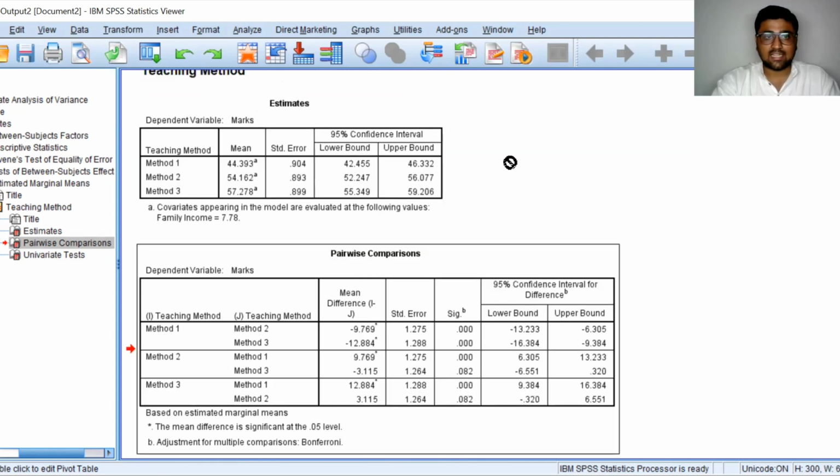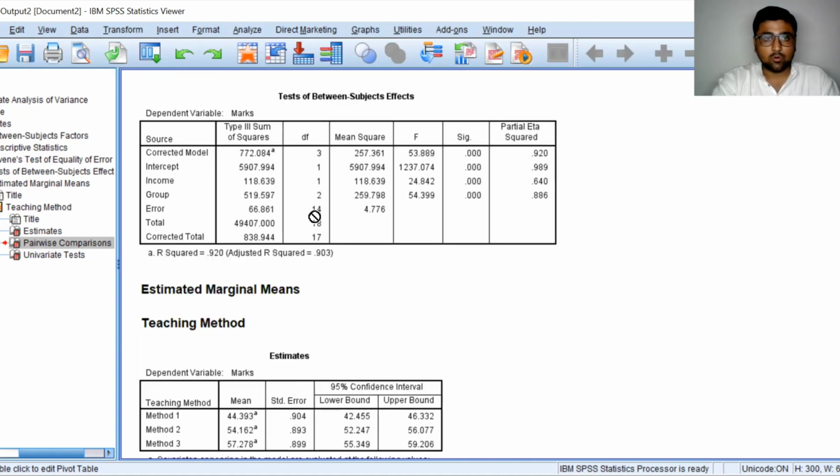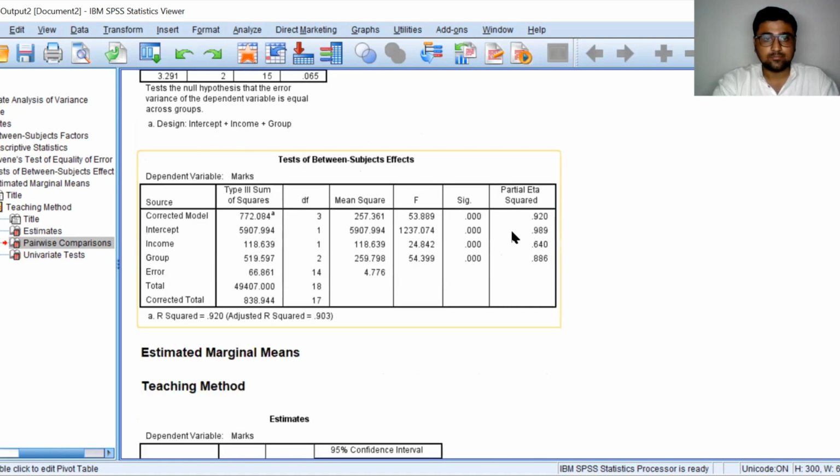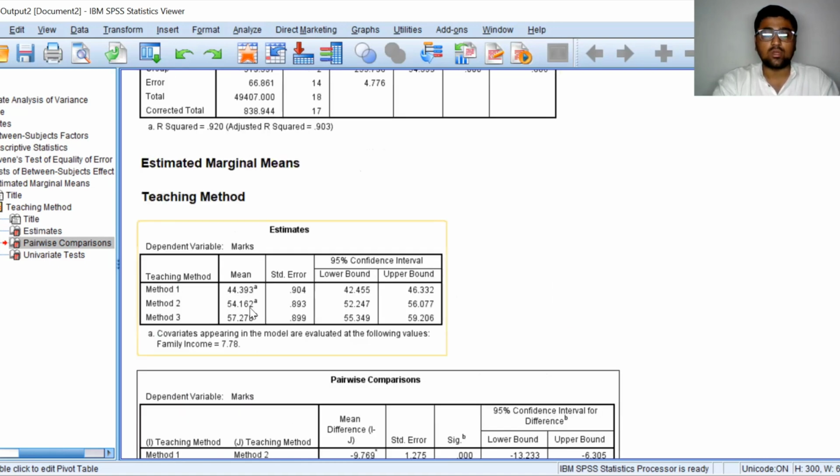See this table, estimates. Here we have the mean value adjusted for covariate. So you can see the mean of method 1 is 44.393 and the above descriptive statistics table shows that it was 43.67. Similarly, method 2 was 54.33, here it is 54.16.